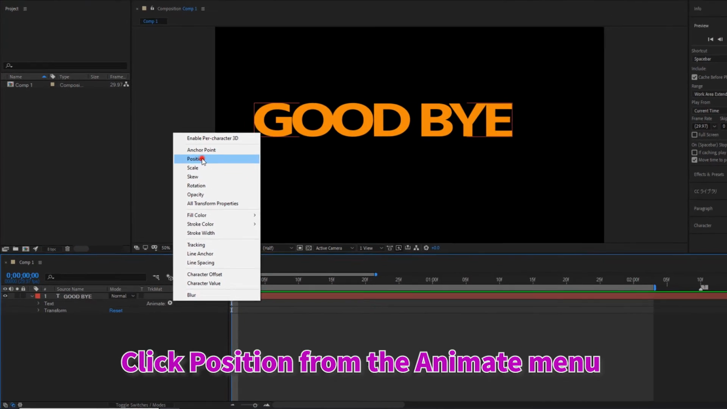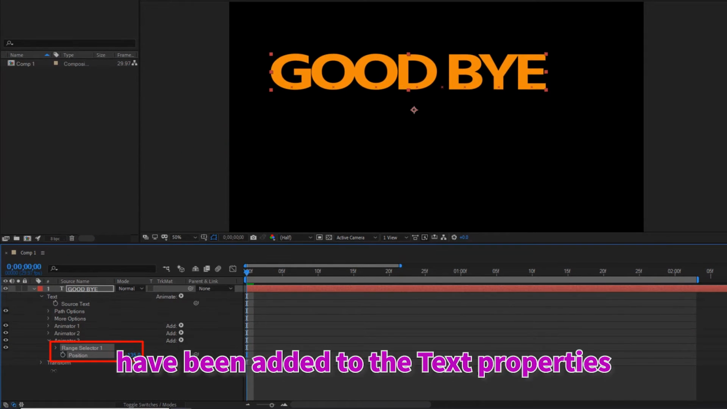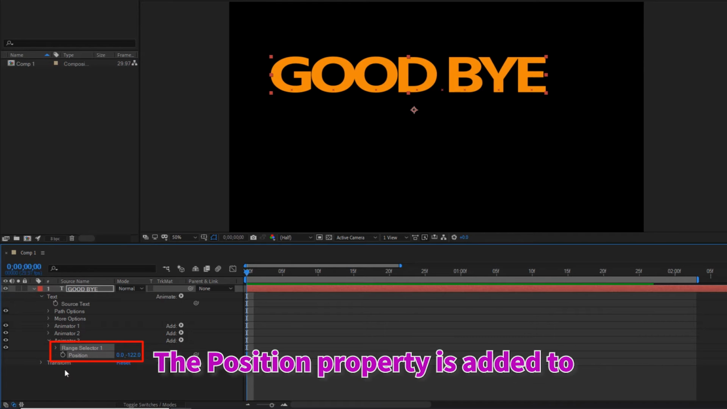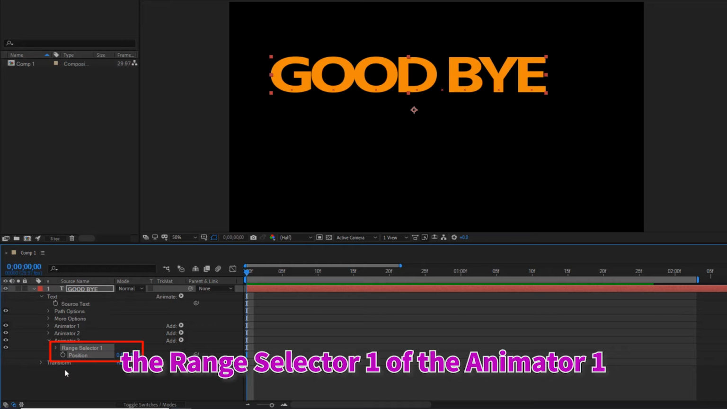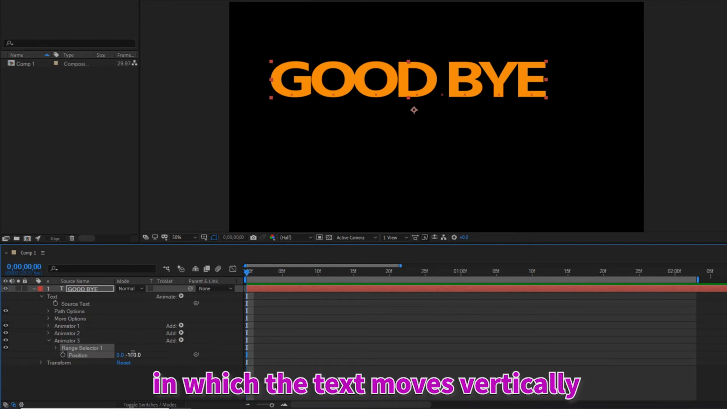Click Position from the Animate menu. Animator 1 property has been added to the text properties. The Position property is added to the Range Selector 1 of the Animator 1. First, type -100 in the Y value of the Position property to determine the height in which the text moves